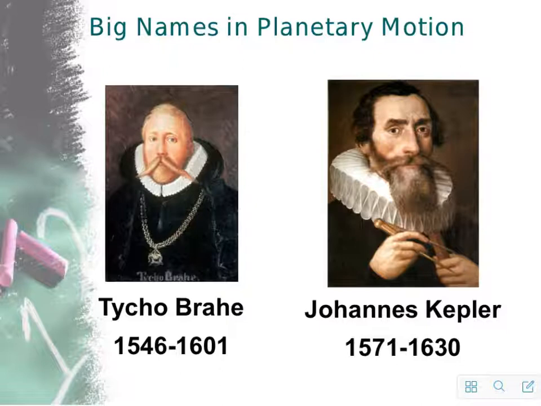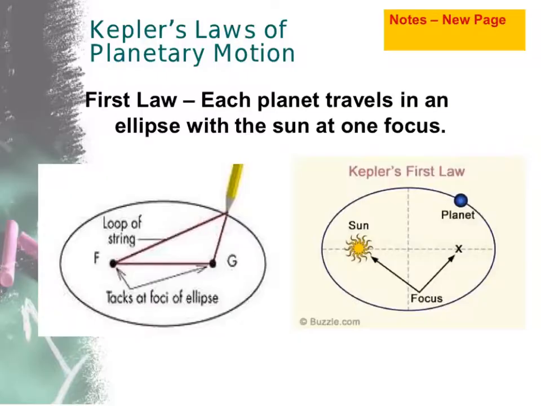And he came up with 3 laws of planetary motion. And those 3 laws we actually still use today. So we call these laws Kepler's laws of planetary motion. So he came up with 3 different laws. Now, one of the breakthrough things that Kepler figured out is that